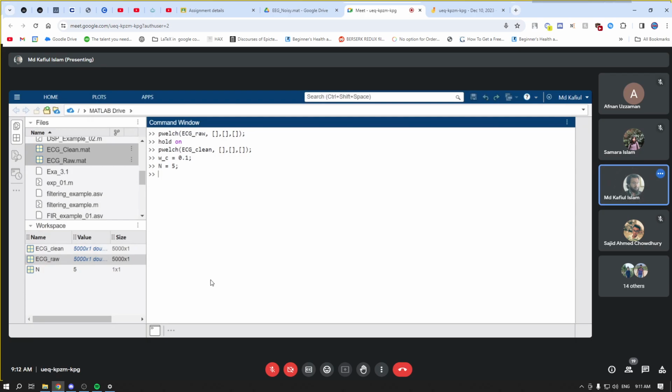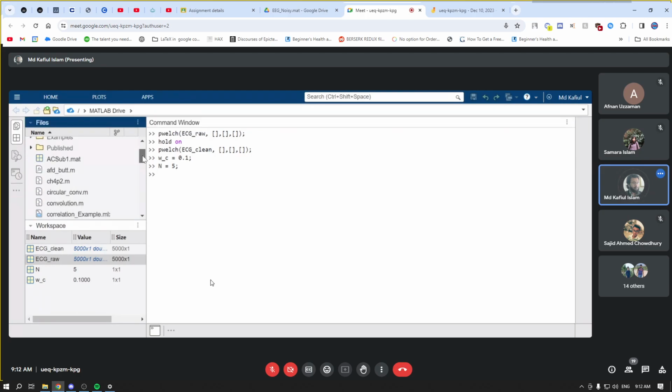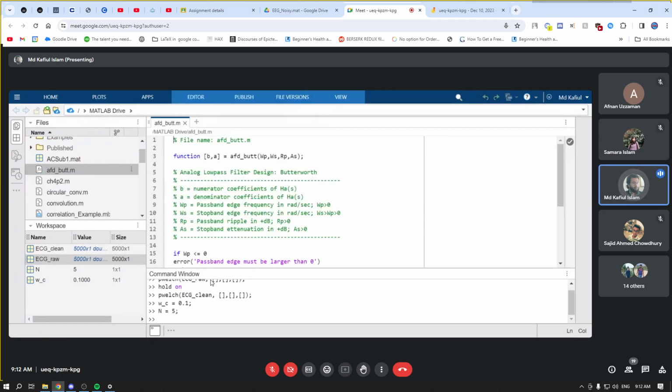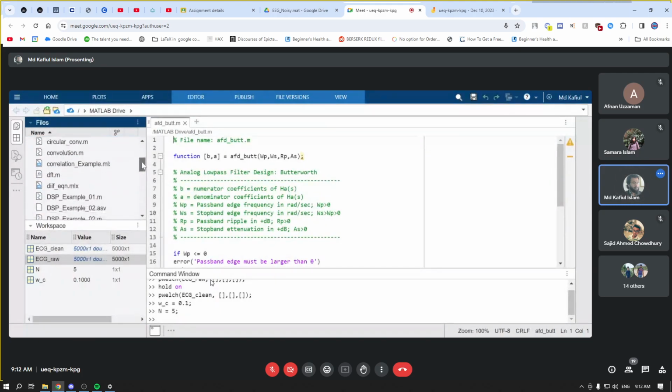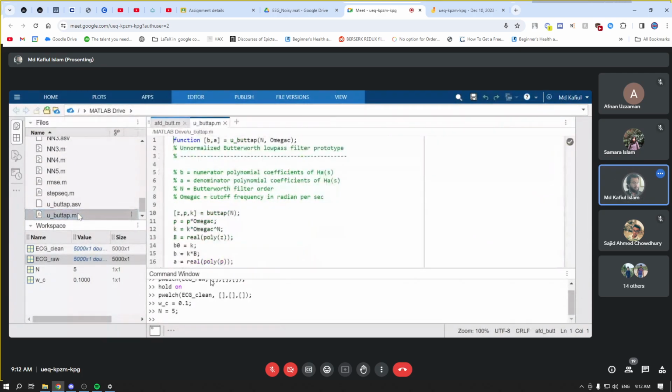Okay, so if I have omega c and n, is there any function I can use to find out the b and a coefficient? So in one of the last class, if you remember, we have talked about a user defined function which is already available in your lecture note. At the end of the lecture note, there are some specifications, right? There are some MATLAB example, right? So with that, can you use some of this? Can you use this part to